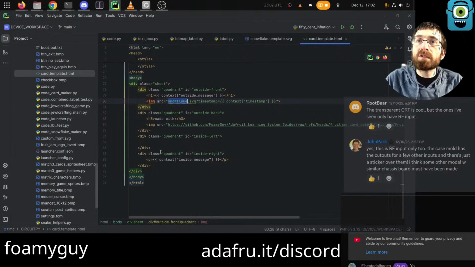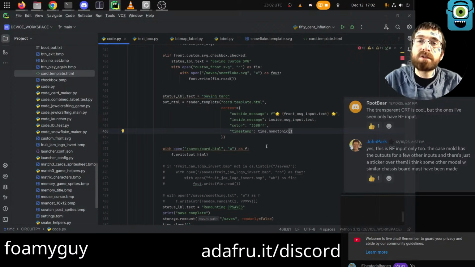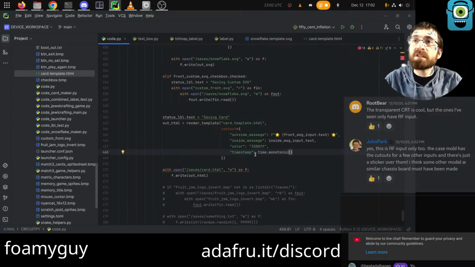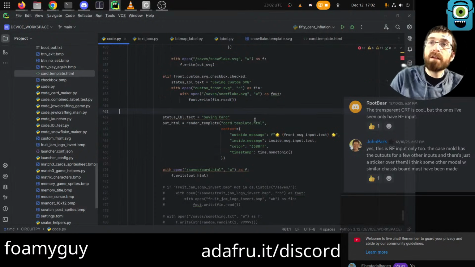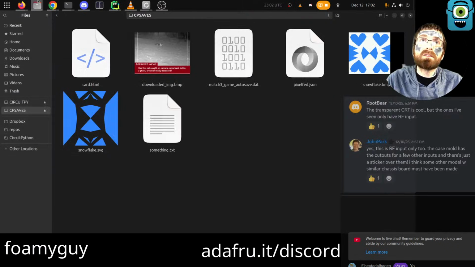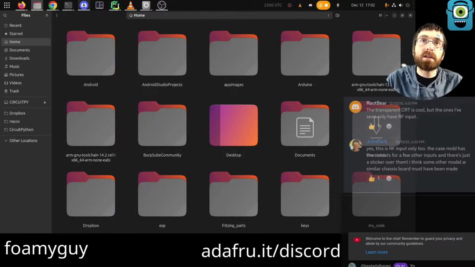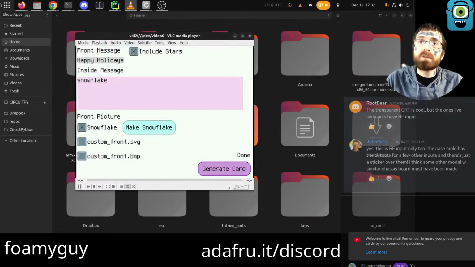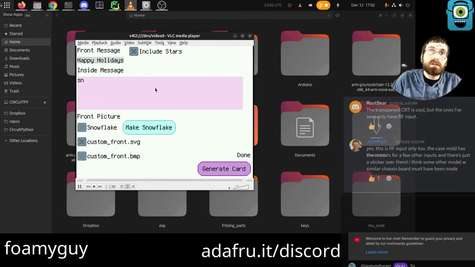So maybe we should save Snowflake actually as front image or something. That way we're not reusing the name Snowflake for what is now a dinosaur or whatever other custom thing you want. But it is pretty sweet that we can do the custom one now. So if I eject one more time, go back to here, we could go custom instead of Snowflake. And go here, we could go